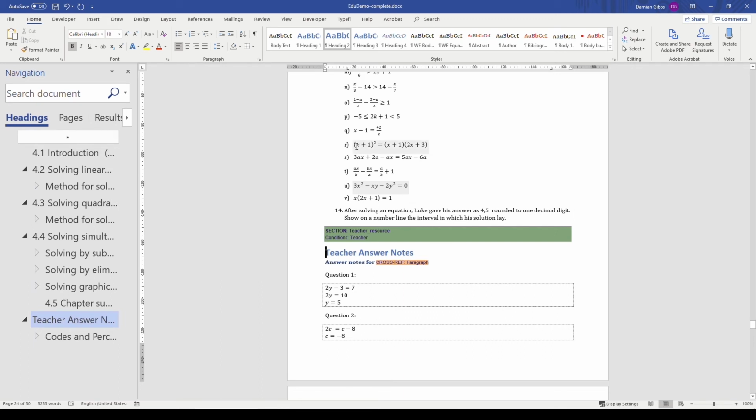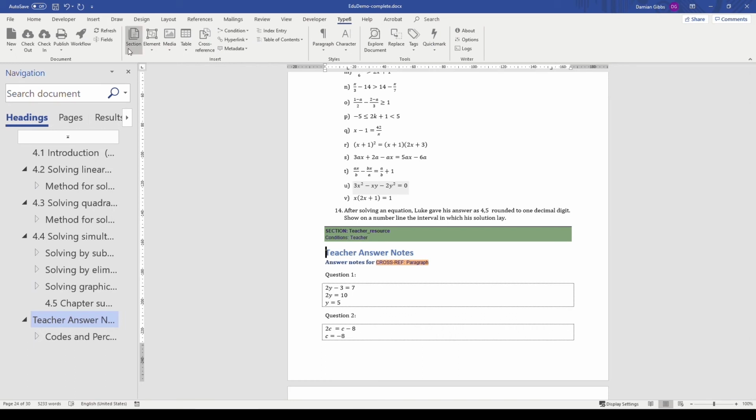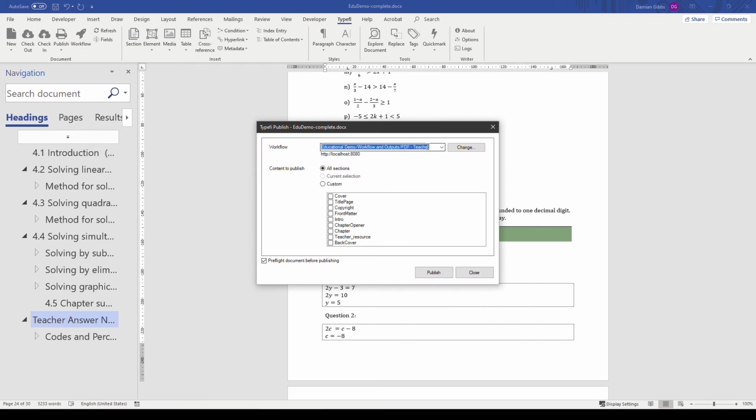Alright, so let's go ahead now and run a job. We go back to our Typify menu. So I'll click on the Publish button in the top left. I've chosen a PDF output. You'll notice that we have a list of sections here. I'll publish all the sections,